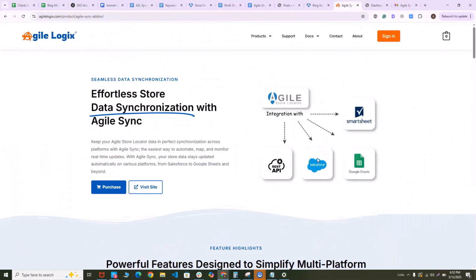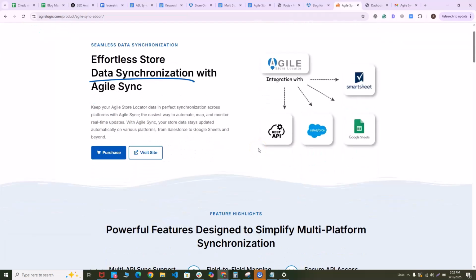So Agile Sync is a unique add-on for Agile Store Locator, which allows you to synchronize your store data across multiple external REST API endpoints. So if you're frustrated from manually updating your store data across multiple platforms, then we have good news for you. With Agile Sync, you'll be able to automate the entire updating process, which will give you more time to focus